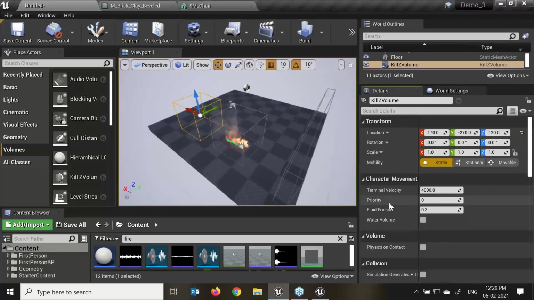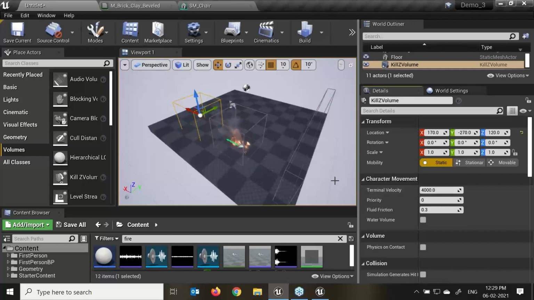For example, if a key or another item that the player is required to collect in order to continue the game falls into a lava pit, our game might want to teleport the item back up to an area the player can reach rather than destroying it. Or it might inform the player that the item was lost and reload the last checkpoint rather than leaving the game in an unwinnable state. That is the Kill Z volume.